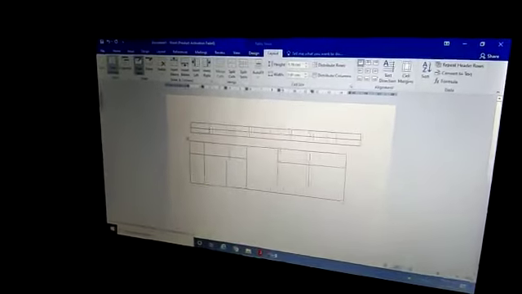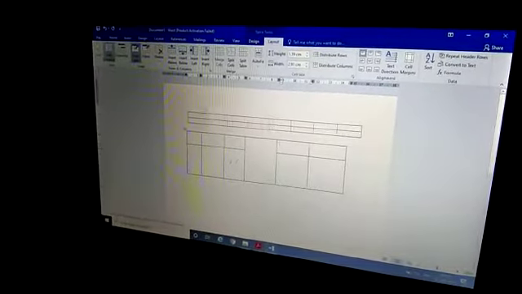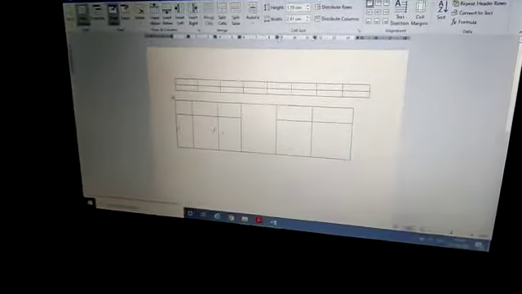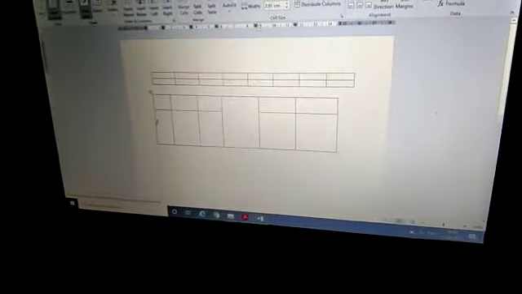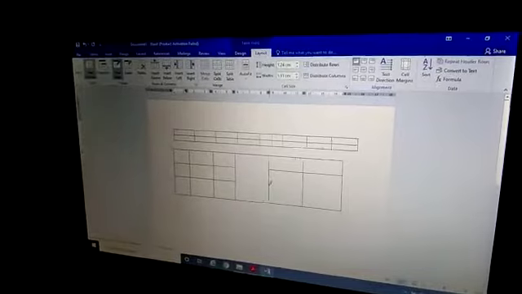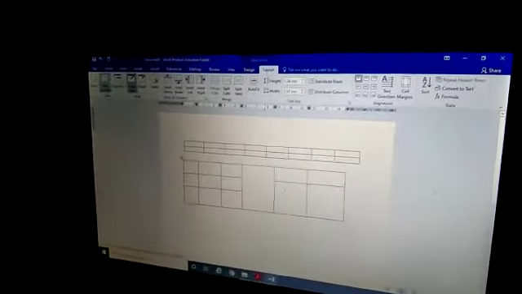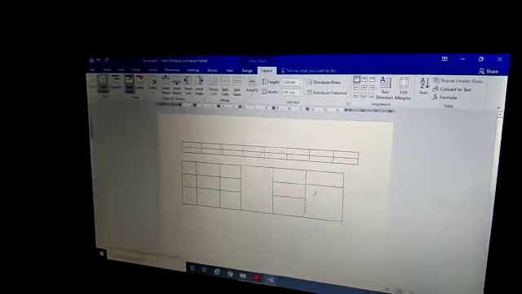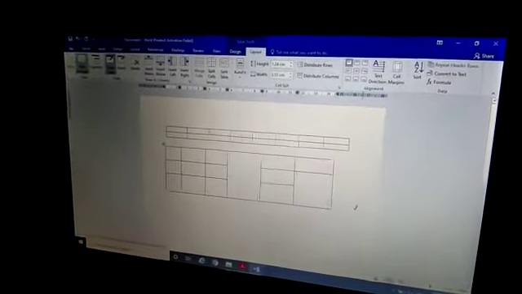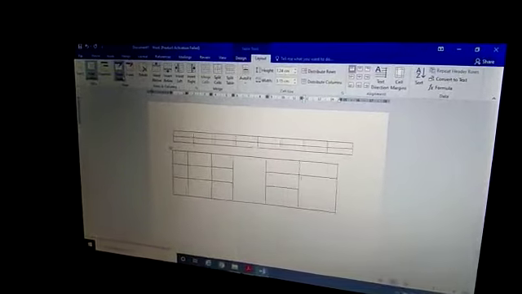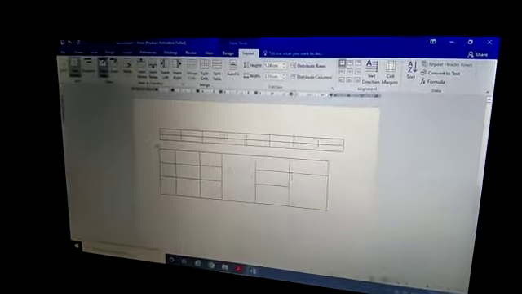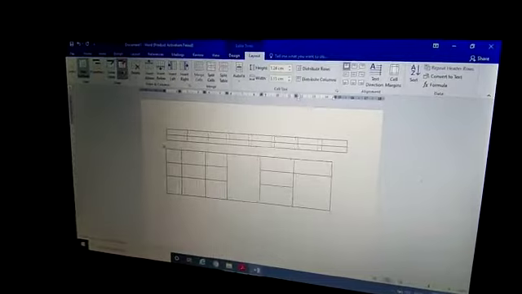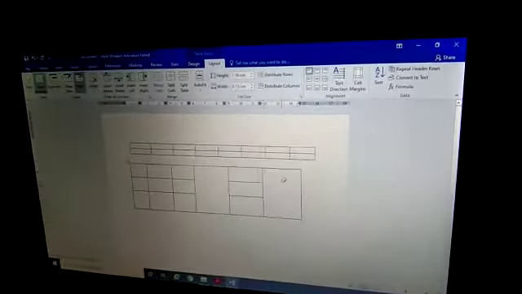Now in draw table you can draw the columns in whichever way you want. Now done. If I want to erase this, I will go to the eraser, click on it and click here. It will erase.